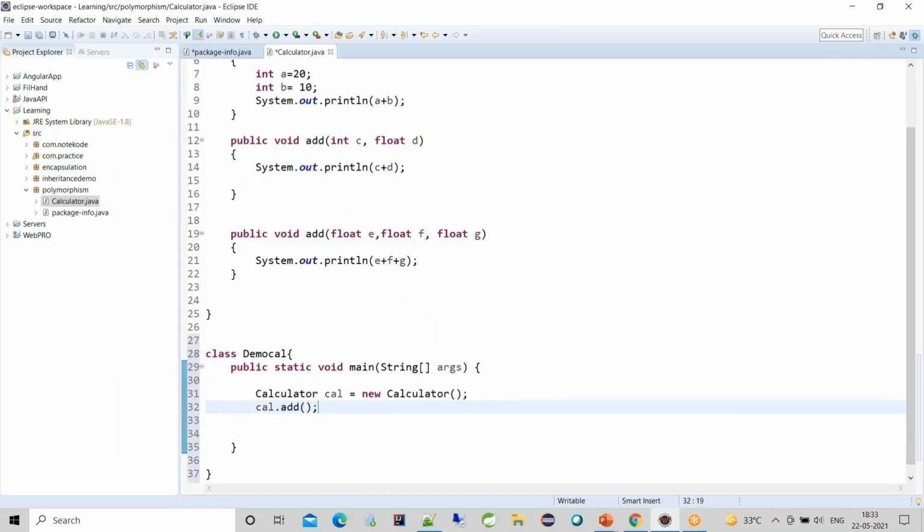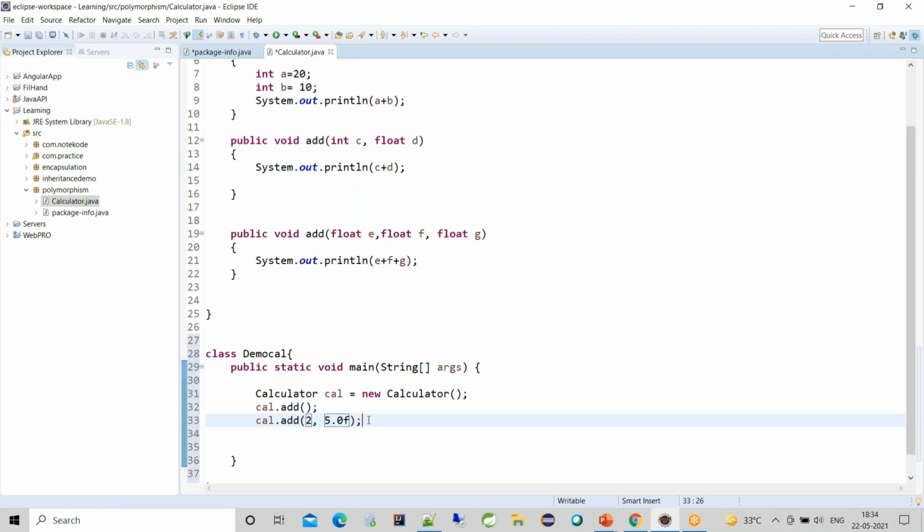Now cal dot add with two arguments type. See, it is asking me for c and d because I have mentioned int c and float d. So c has to be of int type and d has to be of float type. For c I'll provide 2, and I have to provide a float, so I'll write 5 dot.